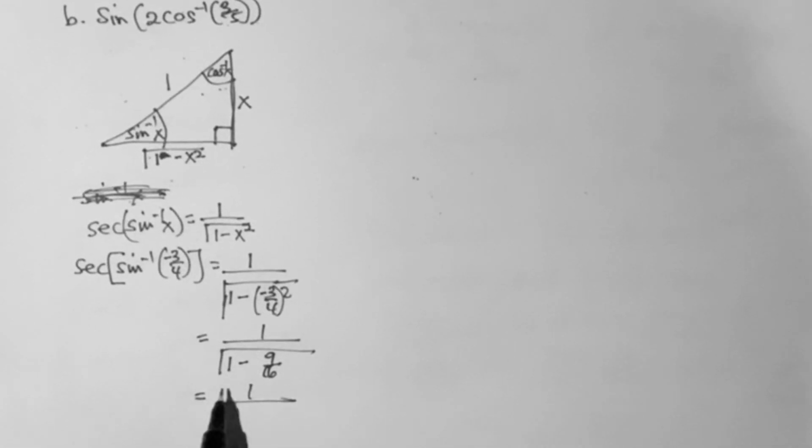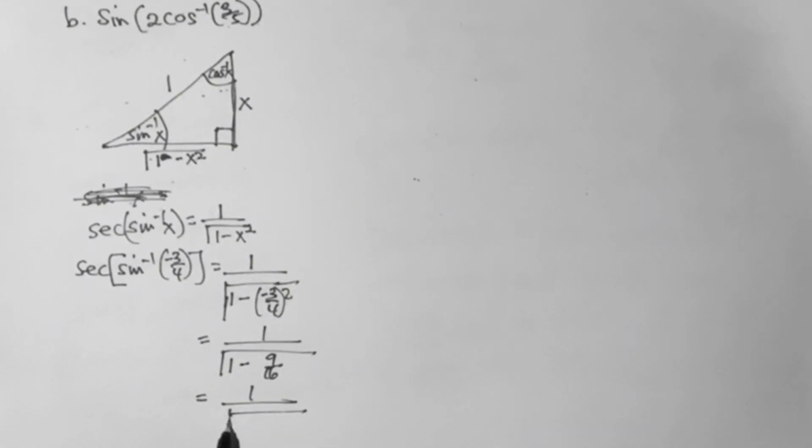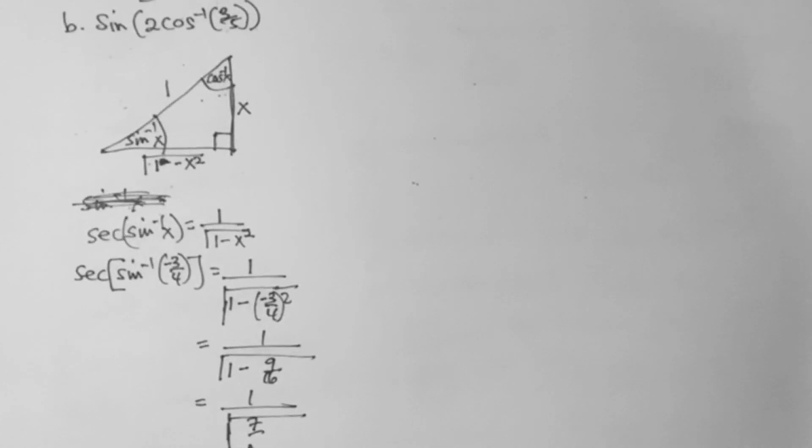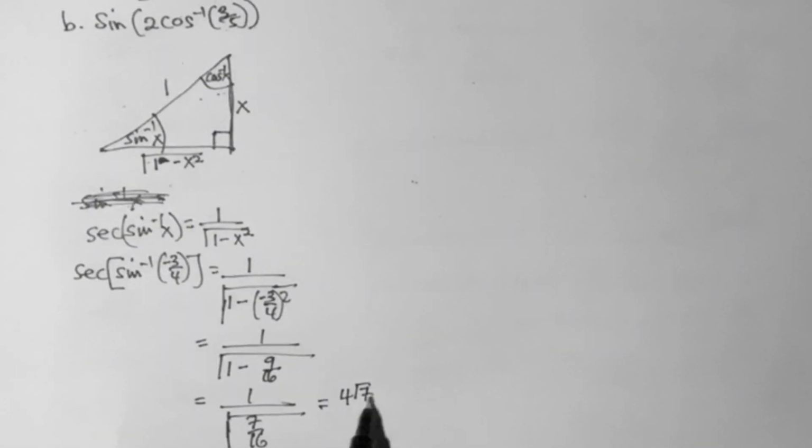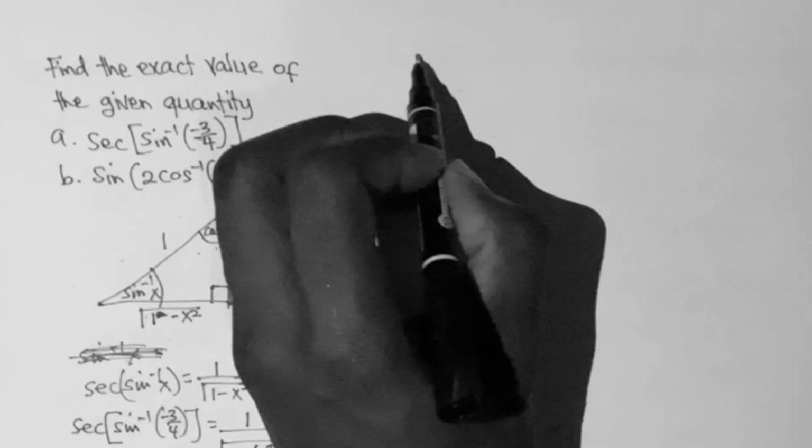So this is equal to 1 divided by square root of 7 over 16. And then if you do all of this, it will give us 4 root 7 divided by 7. The b part is